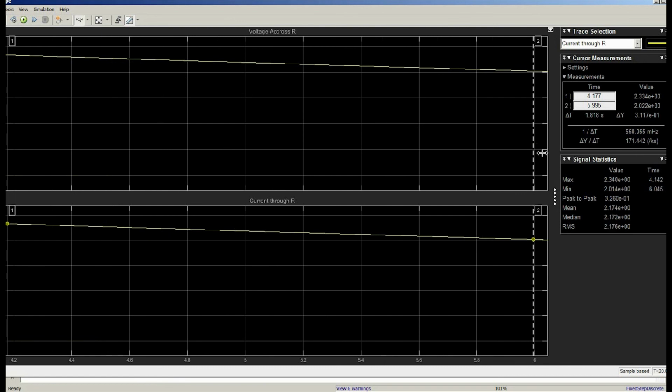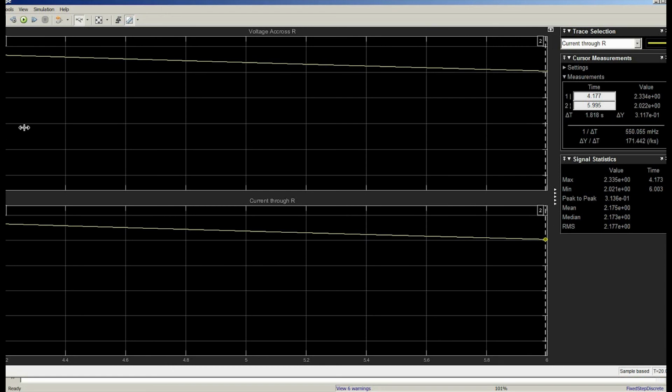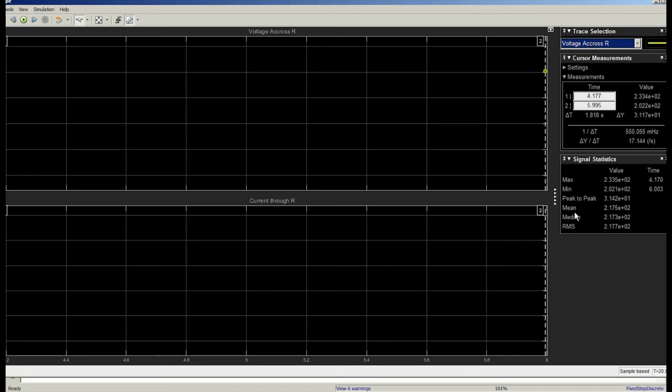Now we have the range for measuring the average current and voltage. At the right side we can see the signal statistics. From here we will pick up the mean value, which is nothing but the average voltage, and the value of the voltage is 217.5.